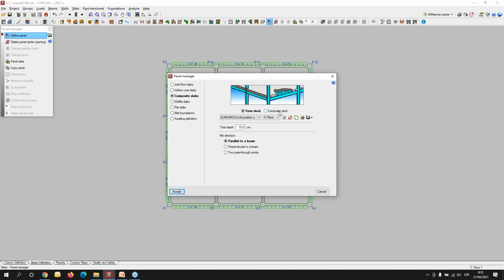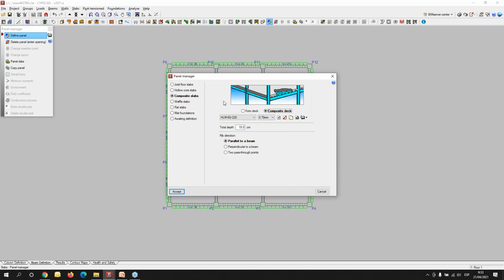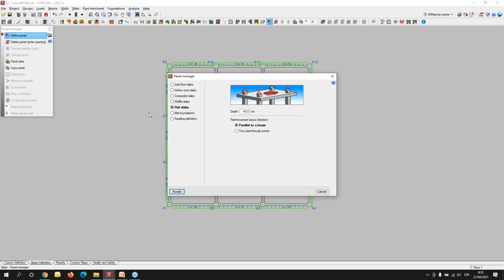It's a composite element, a structural element, and we have the form deck and composite deck. The user can define his own library depending on the supplier. For our project, I will use a flat slab of 20 centimeters,